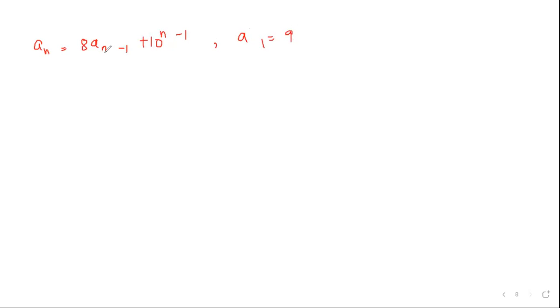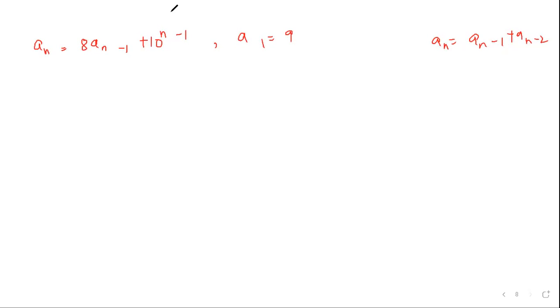Okay, one more thing with respect to the initial condition is, suppose we have a_n is equal to a_{n-1}, only one previous term, then we will have only one initial condition. I'm not sure whether I have explained this concept to you in the earlier classes, but if only one previous term is given in the formula, then we will have only one initial condition. You can go back and notice, suppose a_n is given as a_{n-1} plus a_{n-2}, then we should be given two initial conditions, otherwise we won't be able to form the general solution. If we have three previous terms, then we will have three initial conditions and so on. I hope you get the gist.